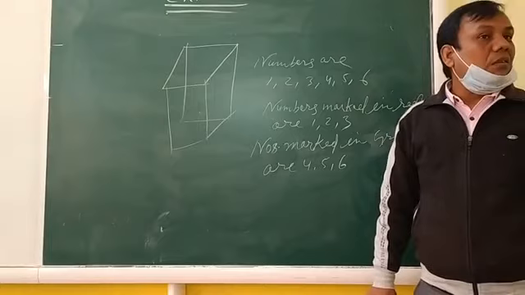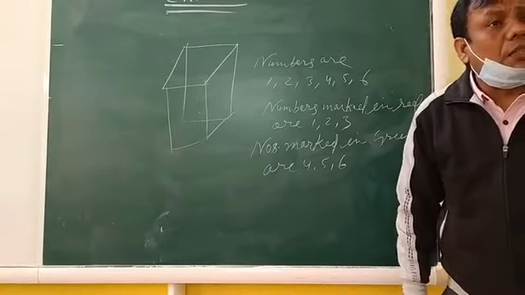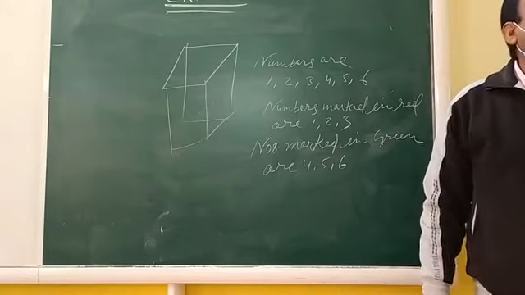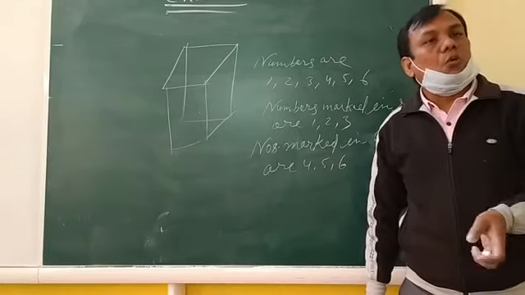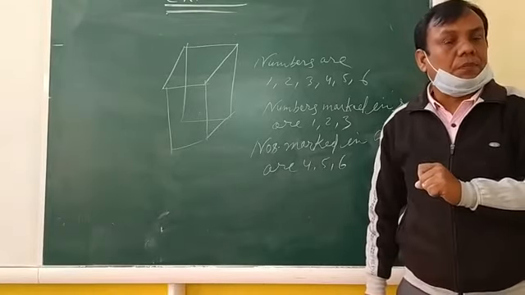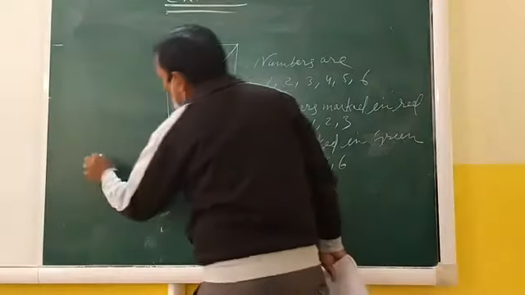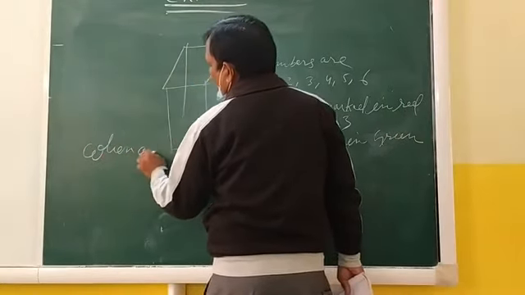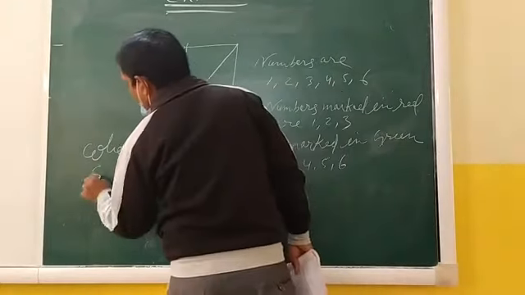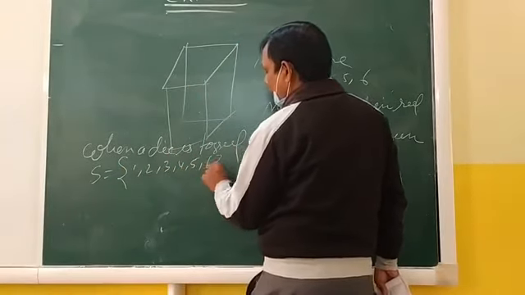Right. B be the event, the number is red. What will you write? 1, 2, 3. Okay, nice. Are A and B independent? See, we have to check again whether A and B are independent or not. So what we'll find? We'll find P(A), P(B), P(A intersection B). So before that, what you have to write? Write the sample space first. So when a die is tossed, the sample space will be 1, 2, 3, 4, 5, 6. Got it?